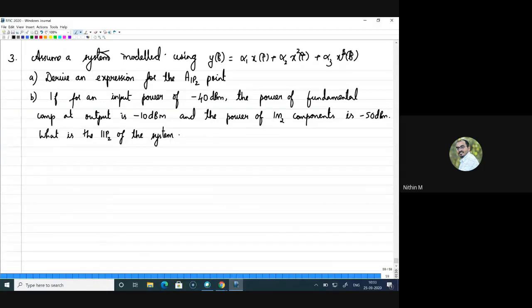Yes, it is omega 1 minus omega 2. So Siddharth, if your question was that, yes. Second order intermodulation terms appear at omega 1 plus or minus omega 2. Yes, those are the intermodulation terms. Sorry, I didn't understand that. No, sir, my question was: no second order term comes at omega 1 or at omega 2. So why would you want AIP2?